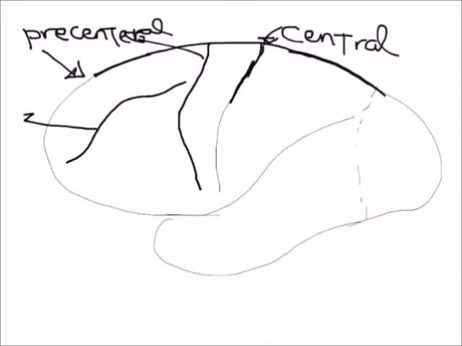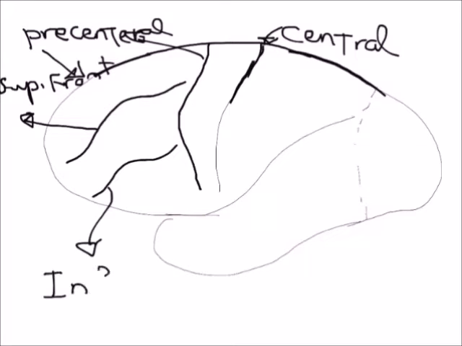And we have another sulcus here, like this. This is the superior frontal sulcus. Another one here. This is the inferior frontal sulcus. So we have important sulci in the frontal lobe: the precentral sulcus, the superior frontal, and the inferior frontal sulcus. The important gyri in the frontal lobe begin with this gyrus here,